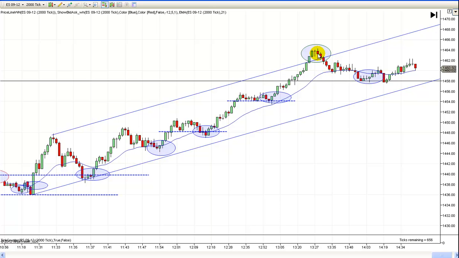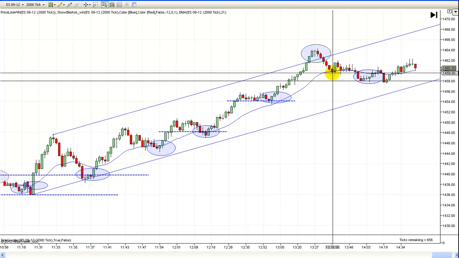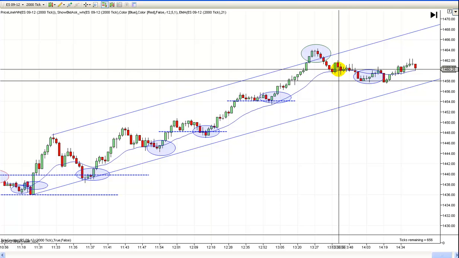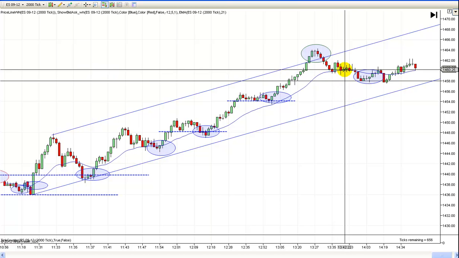And that doesn't look like a very big move, but let's see what that is. I was short at 64, and this came all the way down to 59.50. So that's almost a 5-point move right there. And back to the EMA, and of course you either exit at the EMA or you wait till